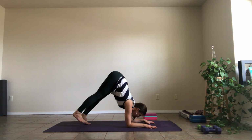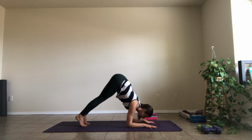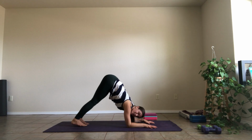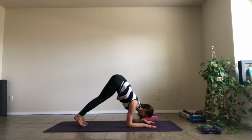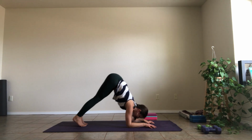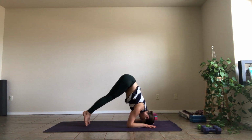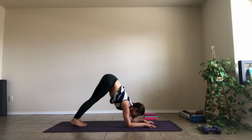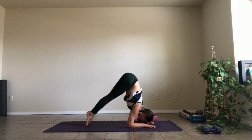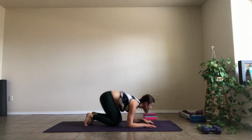And I'm going to come up into dolphin pose, and then I shift forward and go back. So it's sort of like doing dolphin push-ups, similar to what you did in plank. So I shift forward, I'm way up on my tiptoes, then shift back, shift forward, shift back, shift forward, shift back. Okay, and you can do that 5 times, 10 times,